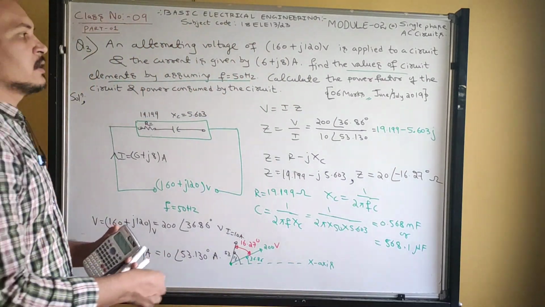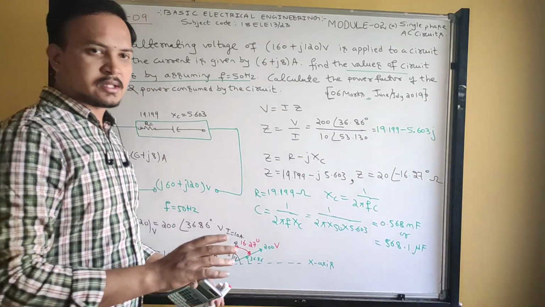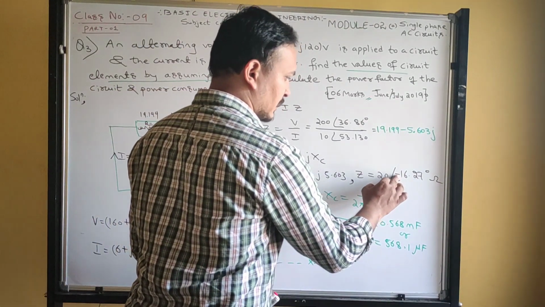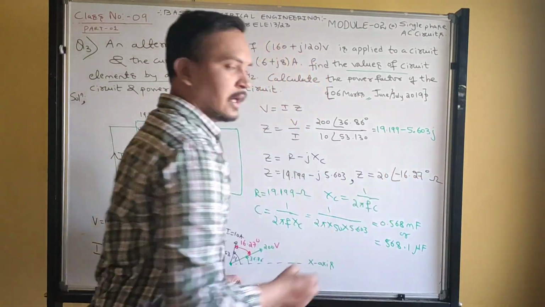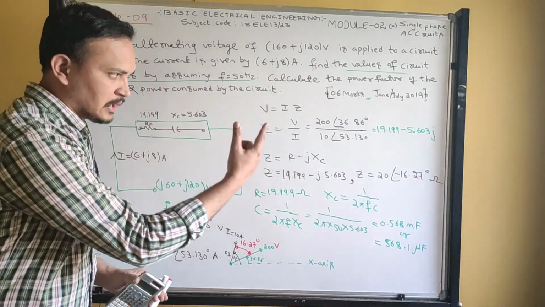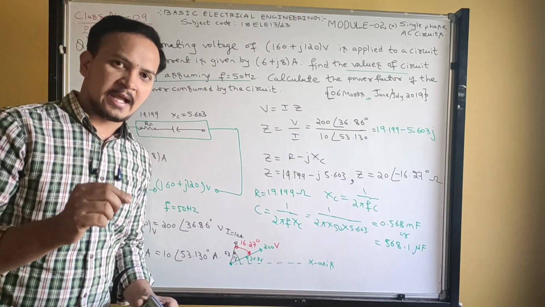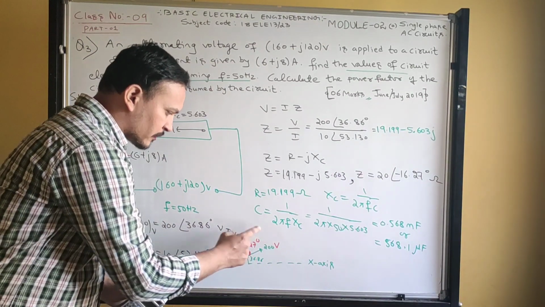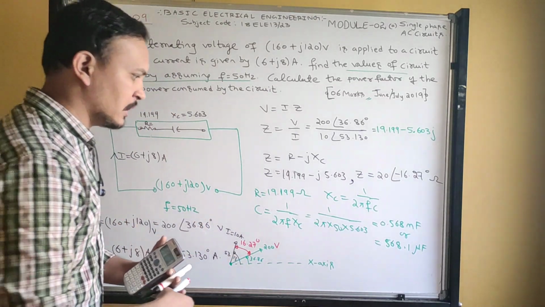Okay. So whenever they ask the power factor of the circuit, if you got an impedance angle, whether it is positive or negative, don't consider the sign. Take only the numerical value of the angle. Cos of that angle gives the power factor. Keep in mind, the power factor angle is nothing but the angle between voltage and current. So drawing this phasor diagram is very, very important.